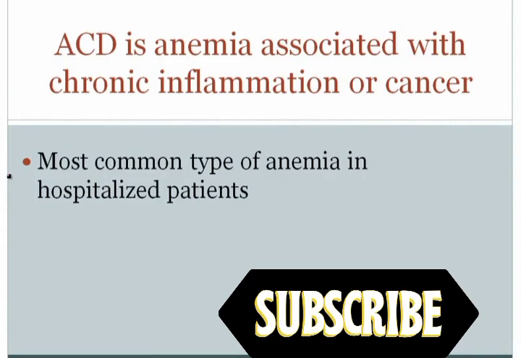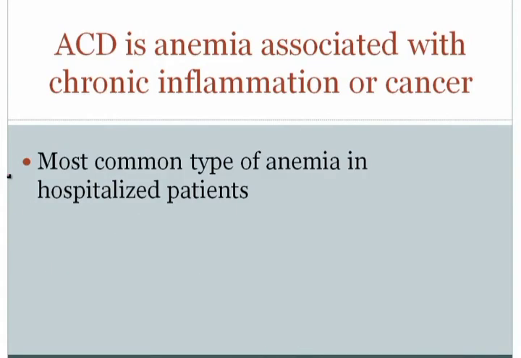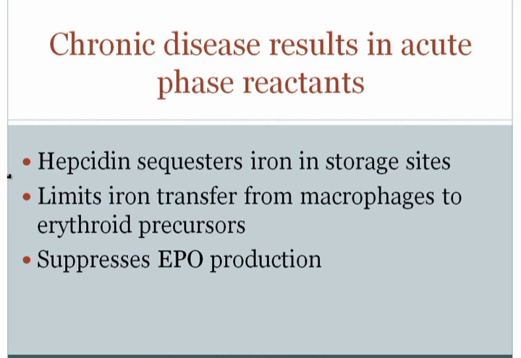The next of the microcytic anemias is anemia of chronic disease. Now, what is anemia of chronic disease? This is anemia that's associated usually with chronic inflammation or cancer. It's the most common type of anemia in hospitalized patients, and the idea here is that if there is a